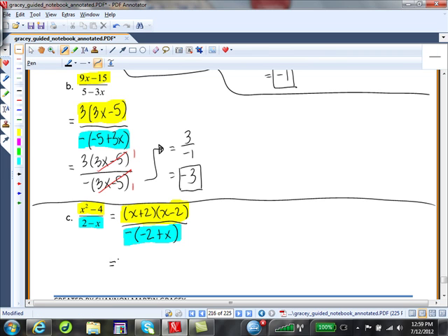So this gives us a result of x plus 2 times x minus 2 all over the opposite of x minus 2. So when we divide out common factor of x minus 2, we are left with